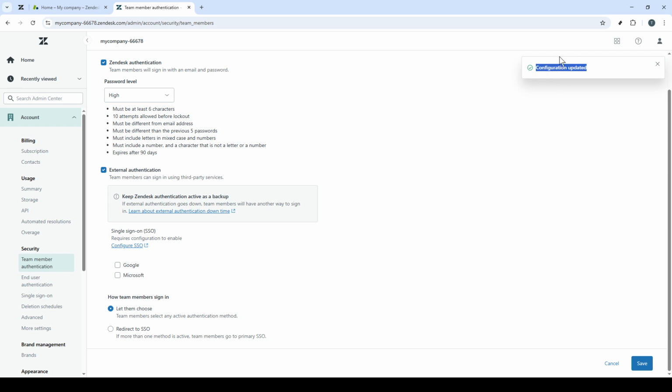Remember, periodically reviewing these settings is a good practice, especially as your team grows and your security needs